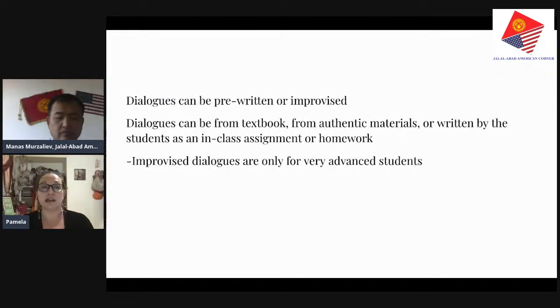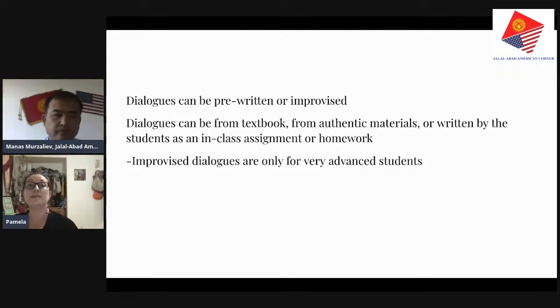The dialogues can be pre-written or improvised. They can be from a textbook, from authentic materials, or written by the students as an in-class assignment or for homework. So the writing of the dialogue is one part of the task,